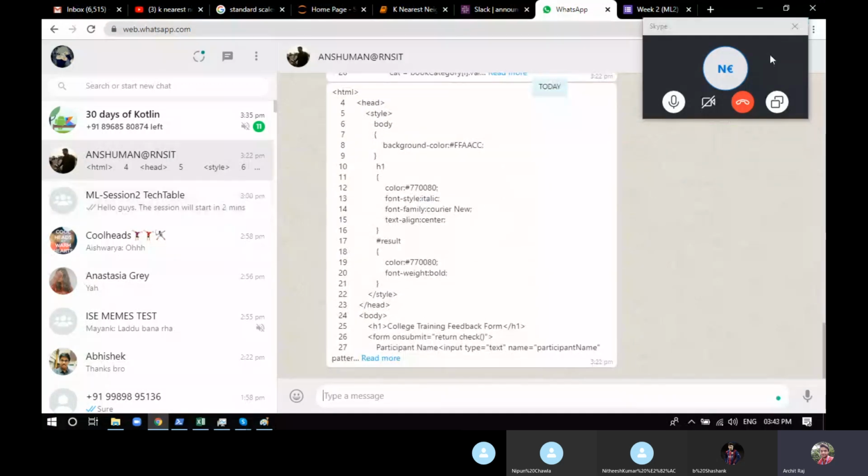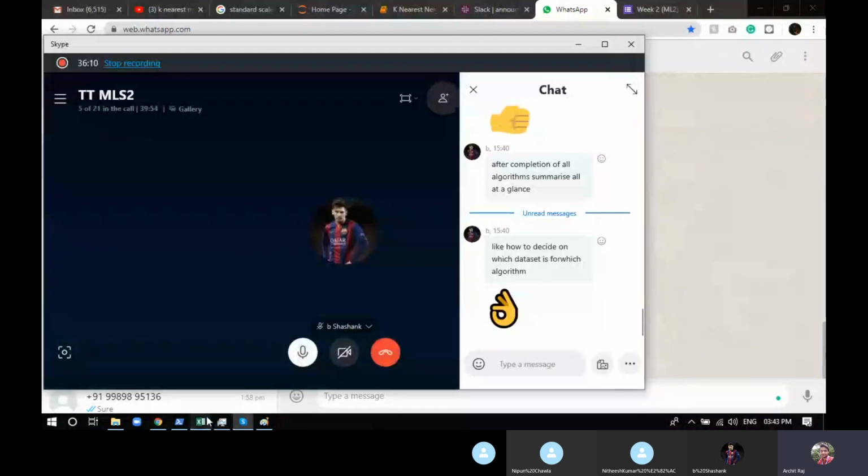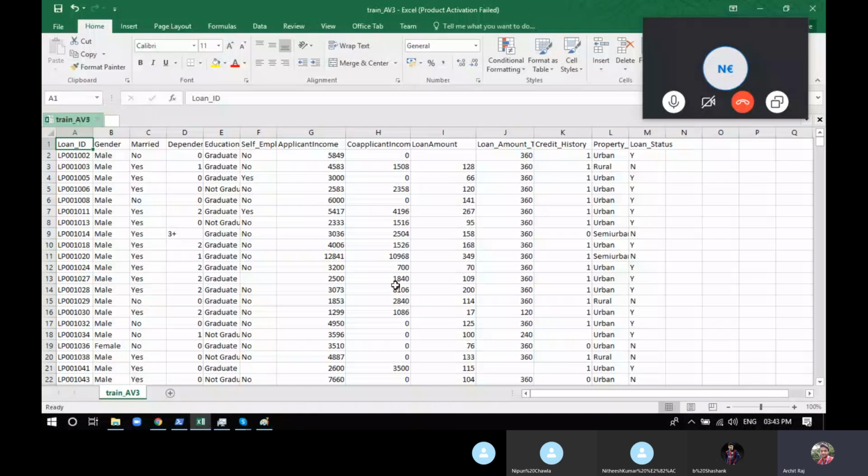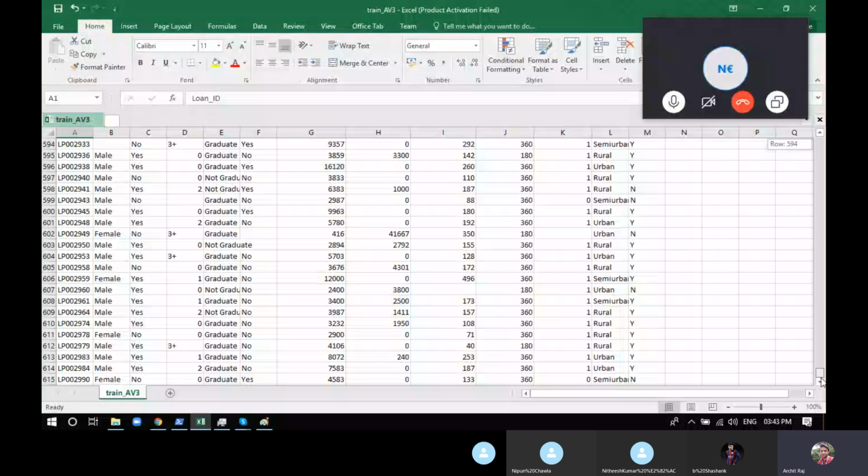Now let's go for your project. Now the project is gonna be, again, really simple. You have a data set of around 600 something rows. This tells you the loan status.